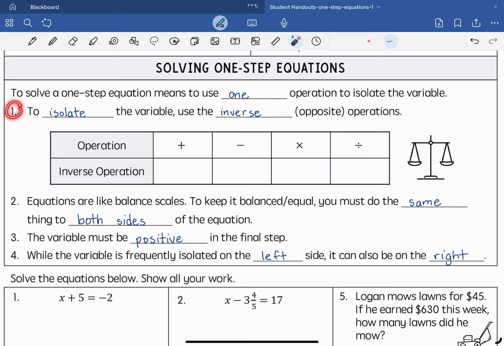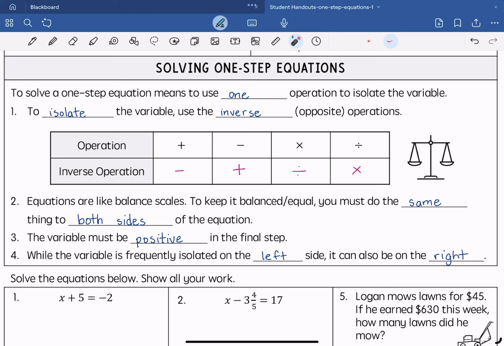To isolate the variable, use the inverse operations, or opposite operations. The opposite operation of addition is subtraction. The inverse operation of subtraction is addition. The opposite of multiplication is division, and of division is multiplication. So step 2,